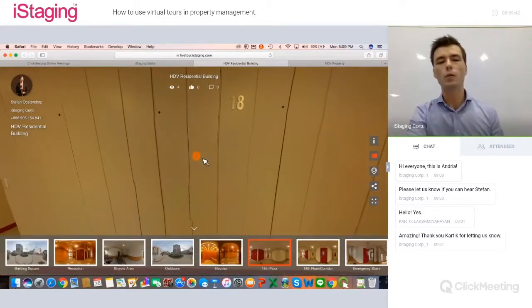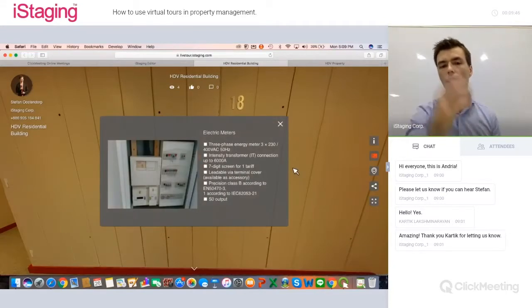Now, this is more a tag for suppliers. When I look at it, or anyone that's managing the building, when I click on that tag, it pops up and it shows me information about electric meters here. Obviously, for the tenant, it might not be that relevant, but for anyone that is managing this property, and if